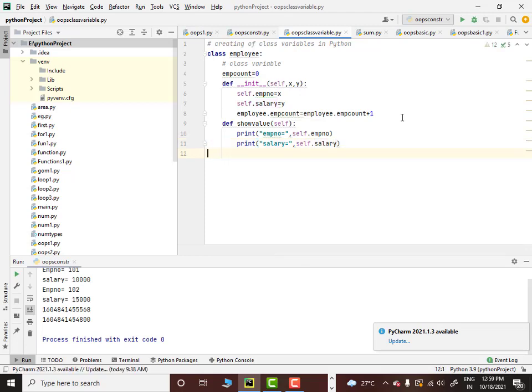Now let's create an object for employee, Anil, and let's pass the values now.